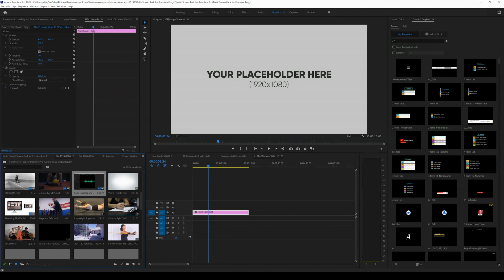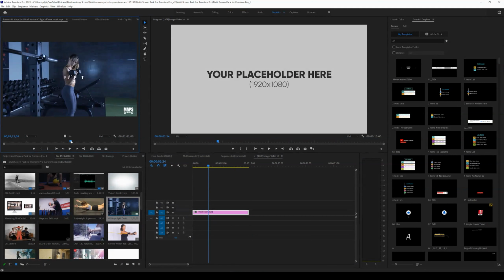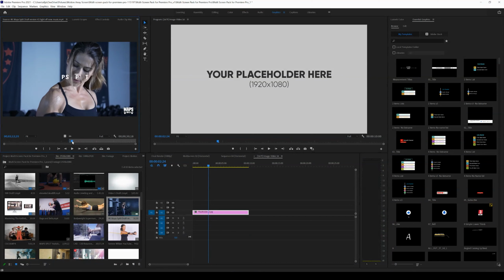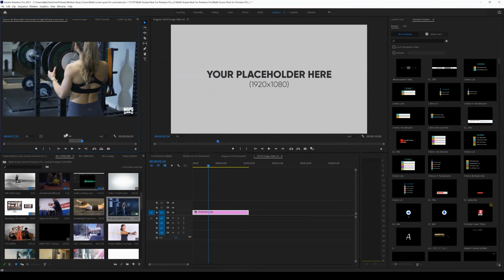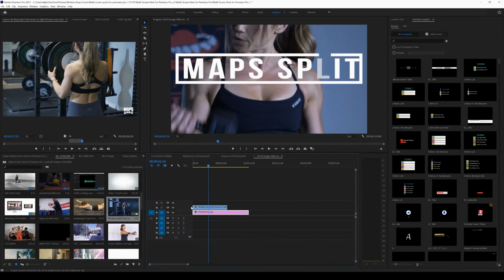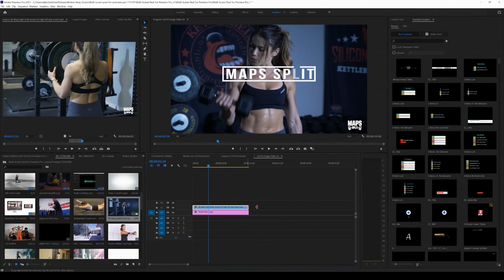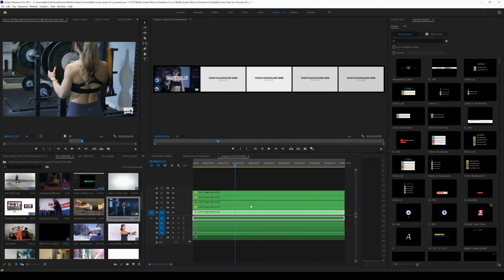And so what I'm simply going to do is go in and look for my footage. I'm going to select a portion of it that's 10 seconds long, and drag it right over the placeholder. In this case the footage I'm importing is 4K, so I need to scale it down. I can even drag it past the 10-second mark, and then I'll drag it down and replace it once I'm happy with the amount of footage that I've selected. Now I can close that sequence and it will bring me back to the previous one